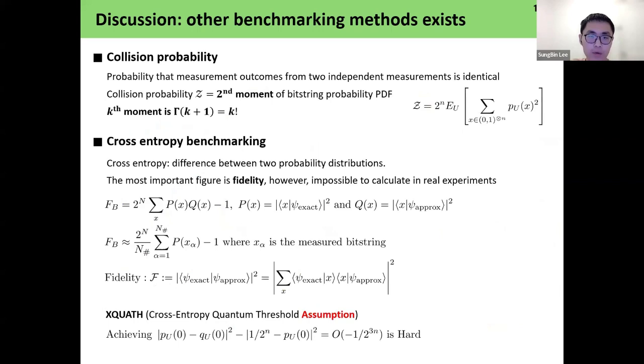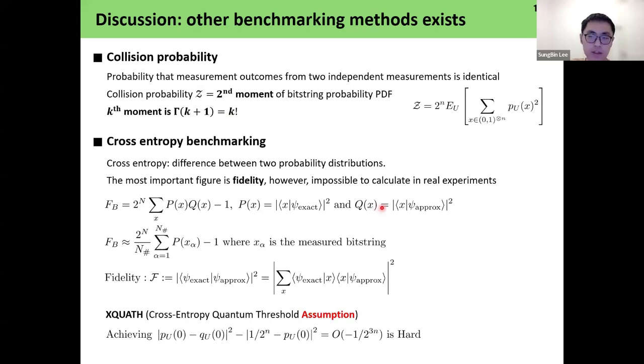I will discuss some limitations of this paper. As a theorist studying quantum information theory, you can measure other quantities such as cross-entropy benchmark or the collision probability. We have to compute them to verify